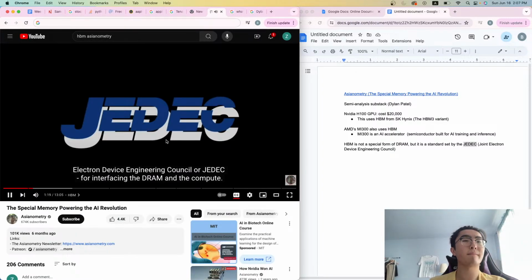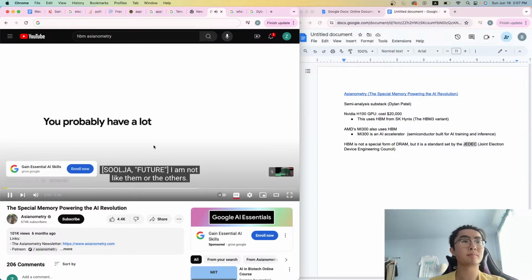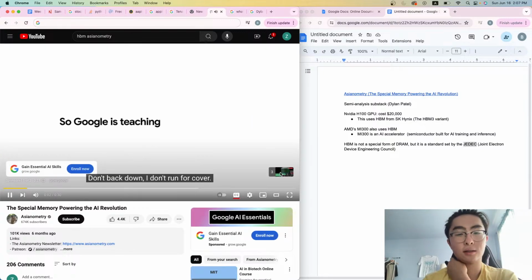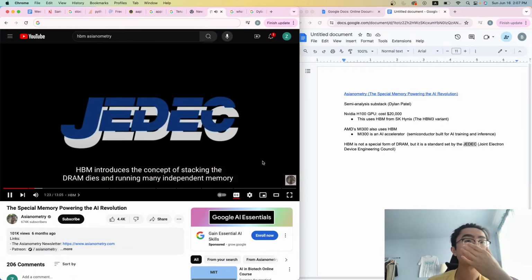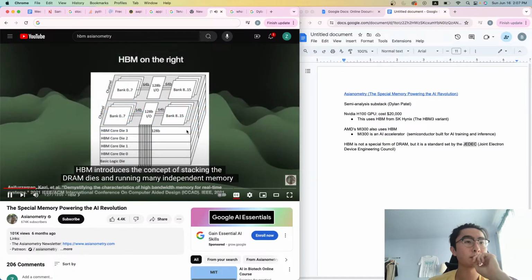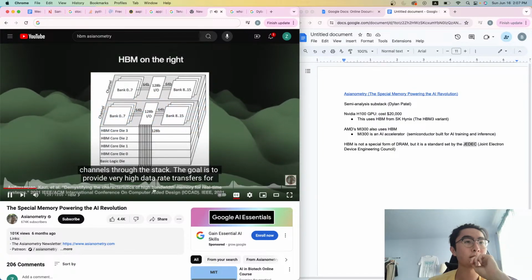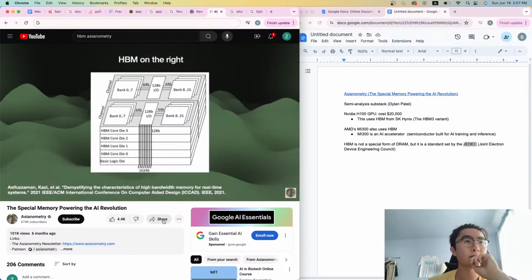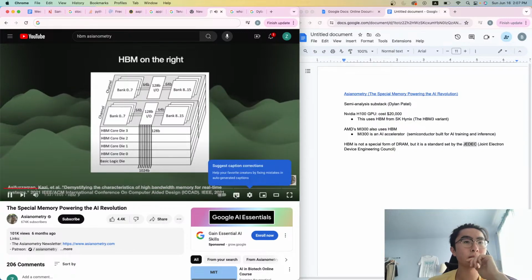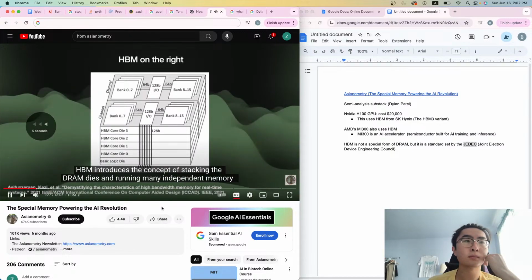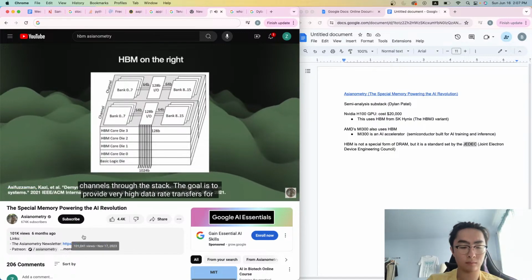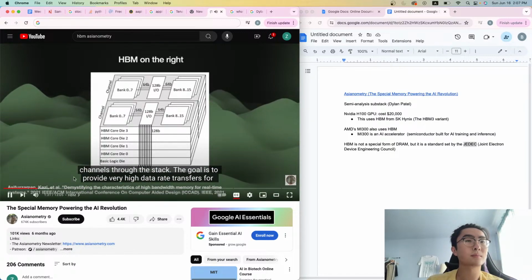Council, or JEDEC, for interfacing the DRAM and the compute. Oh my god, scared me. HBM introduces the concept of stacking the DRAM dies and running many independent memory channels through the stack. The goal is to provide very high data rate transfers for more advanced computing applications, like to provide running many independent memory channels through the stack. The goal is